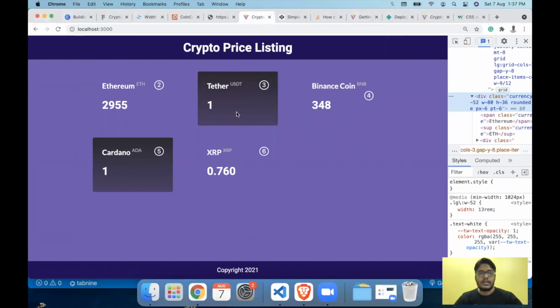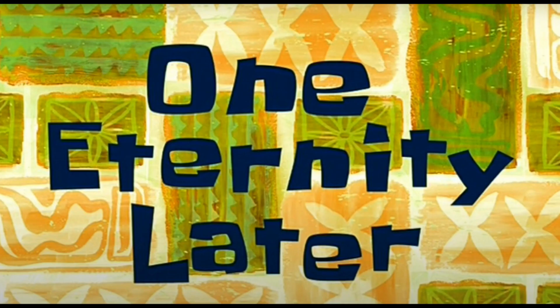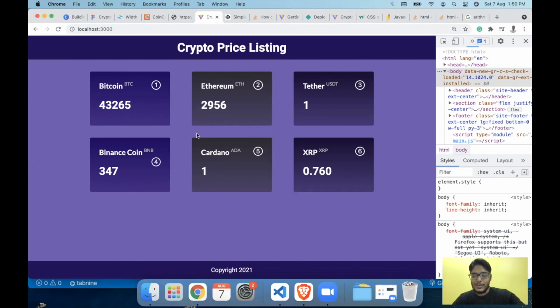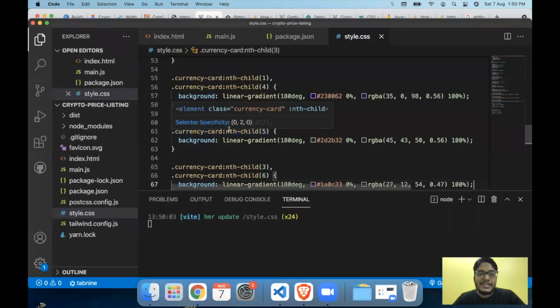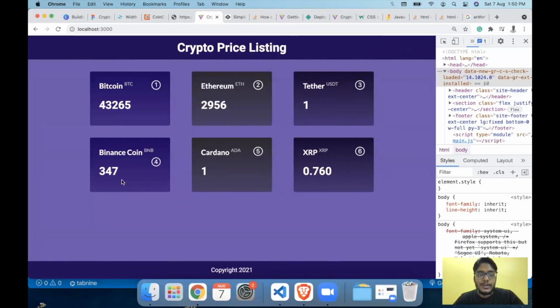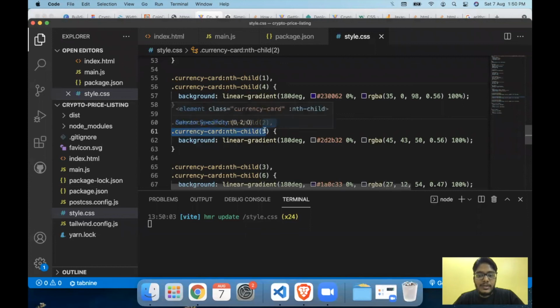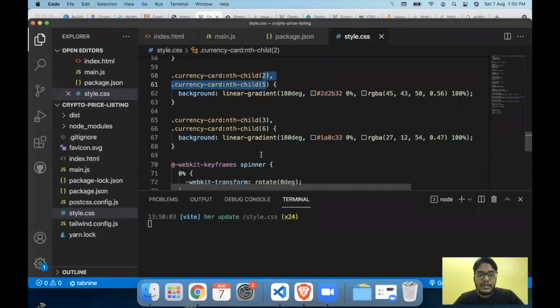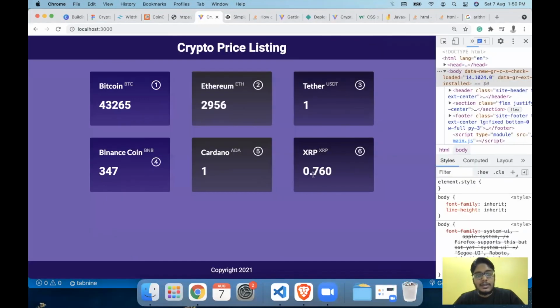And if you are confused about how this happened, it needs to be second and fifth. So when n is 1, it needs to be 2. When n is 2, it needs to be fifth. And after giving up on using the formula, I have just used the indexes directly. For the first and fourth element, we are using the bluish background linear gradient. For second and fifth element, we are using the grayish background gradient. And for third and sixth element, we are using the